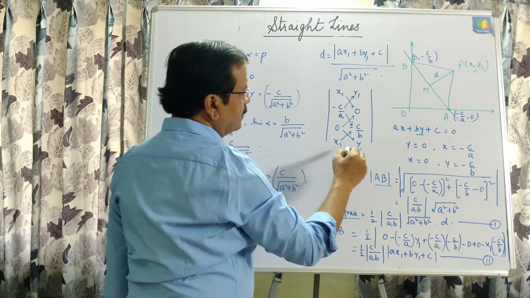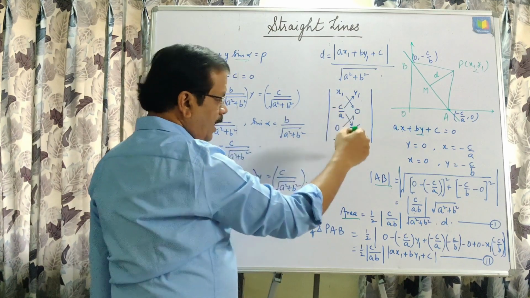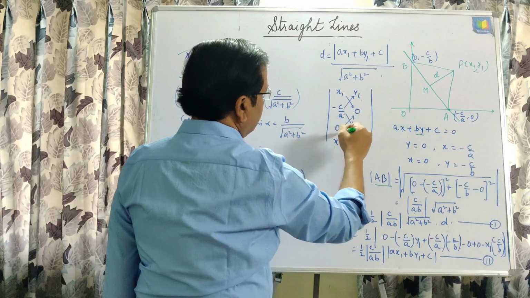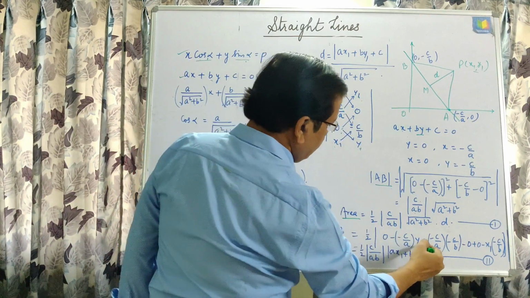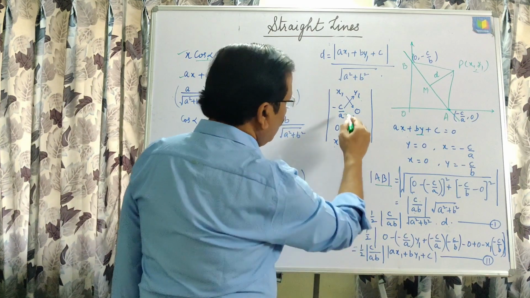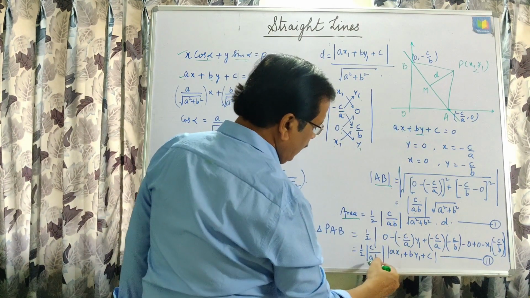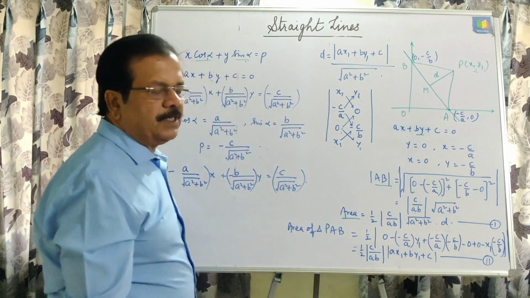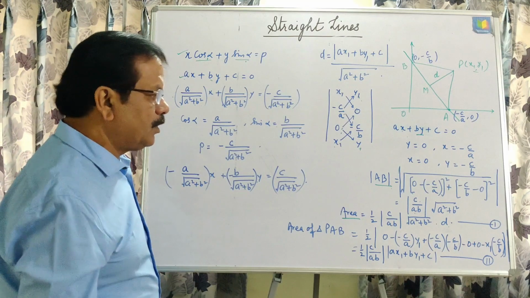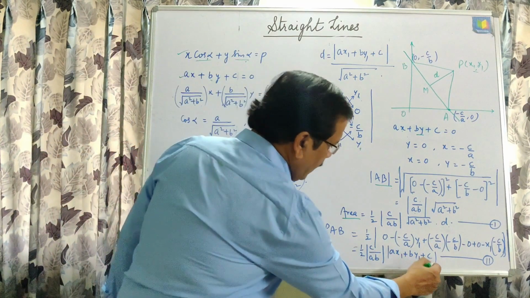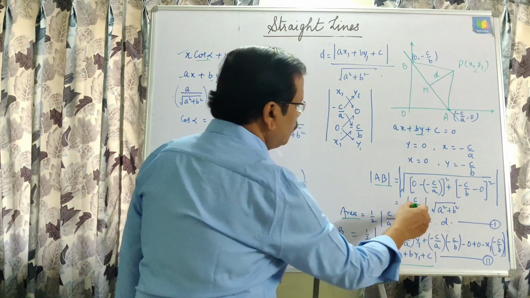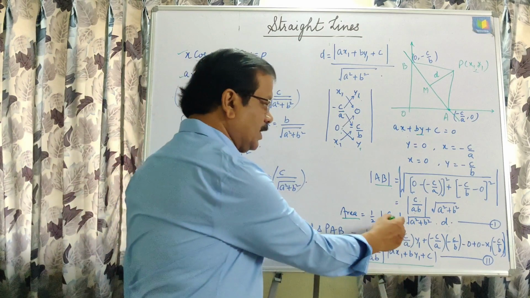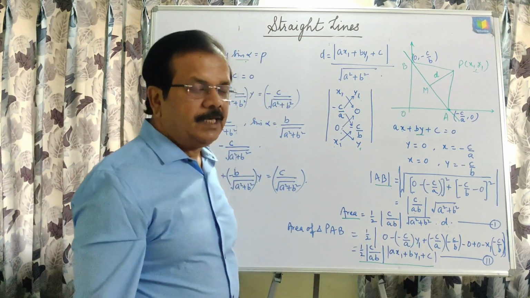This is x1 and this is y1. Then we are using this formula, that is this minus this and this minus this and plus this minus this. Writing here, we are getting the area of this triangle by another way as half c upon ab mod of ax1 plus by1 plus c is equal to this one, and then comparing these two equations, because both ways we are finding the area of the same triangle, and that is why equation number 1 and 2 will be equal.